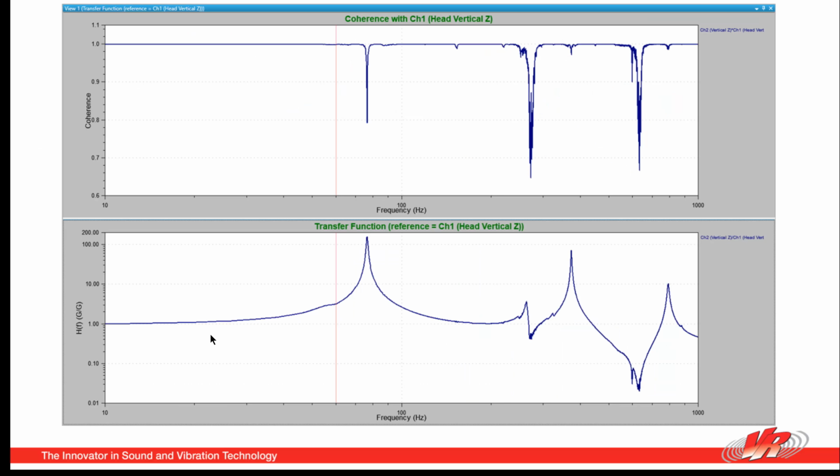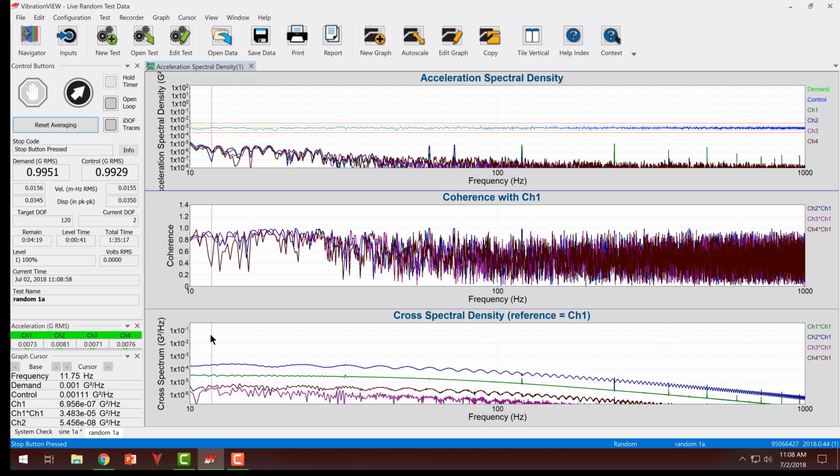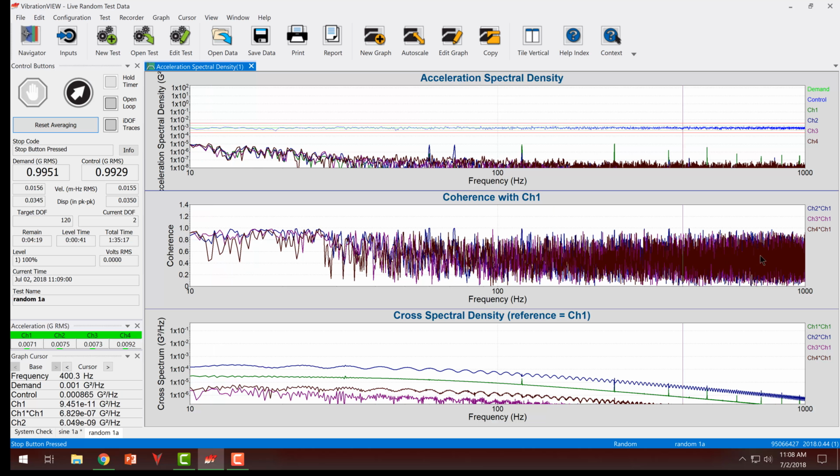So we're going to take a look at those at this time in live software. We're going to run a test here, 10 Hertz to 1000, and it's a flat spectrum random test. Run the test, start it over,